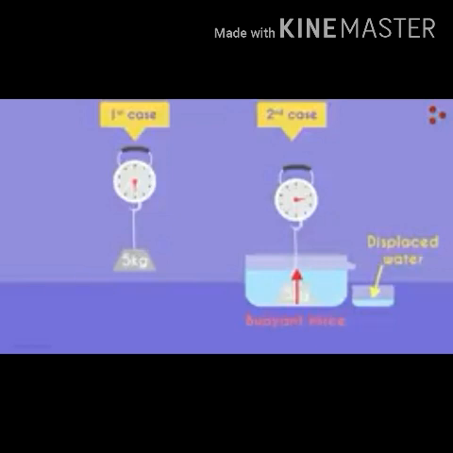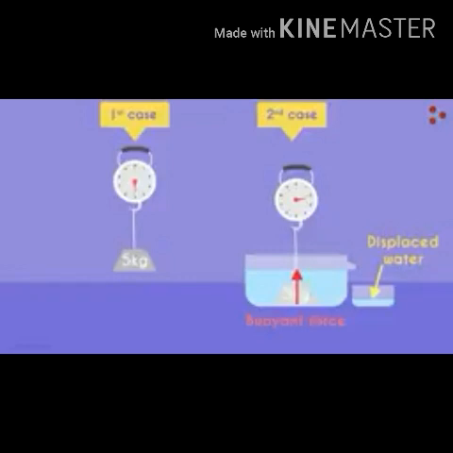Take a 5 kg solid object and suspend it by a spring balance. The balance will read 5 kg. Now take a beaker of water which has a small opening at the top. Fill water in the beaker up to this opening. Keep a small container under the opening. Now slowly lower the object into the water and you will see the reading will be lower as compared to before for the same object. This is because of the buoyant force acting on the object. You will notice some water will be displaced. The weight of this displaced water is equal to the magnitude of the buoyant force acting on the object,